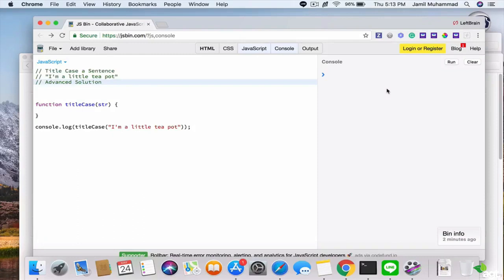Alright, so for the advanced solution, within our function here, I want you to type the return keyword string.toLowerCase().replace(/, the up caret, this is the power key, and then backslash s, and then backslash again, capital S, forward slash g,